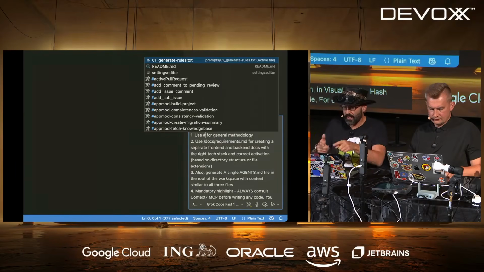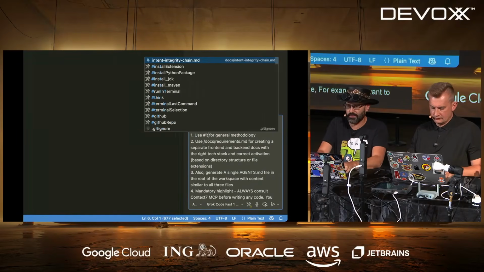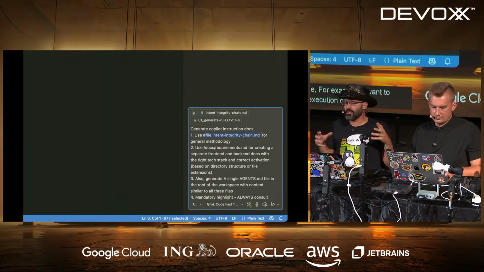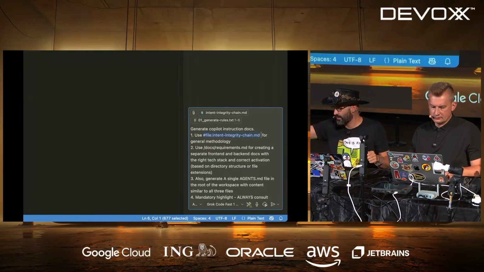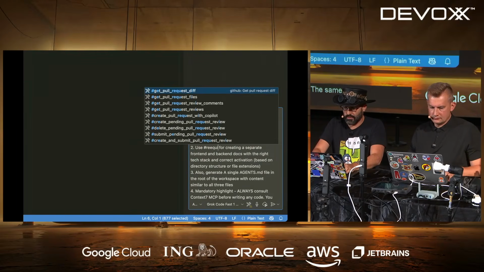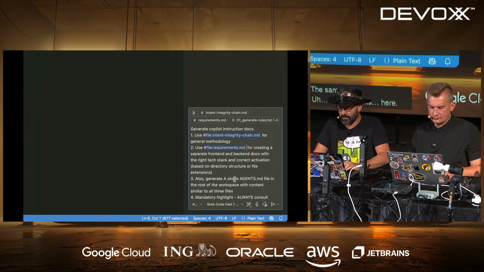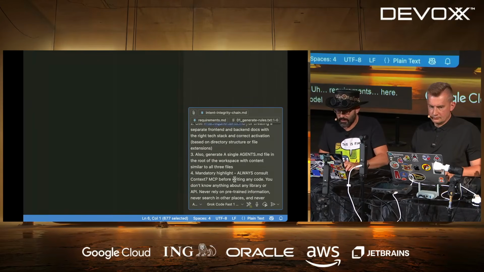For example, I want to point to the methodology file. Now, it's not just go ahead and look for a file. We provide the file that needs to be looked at. The same with requirements. Requirements here, right? So that makes it much easier for the model to find what we are talking about.